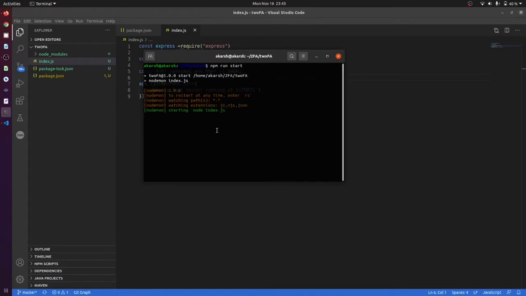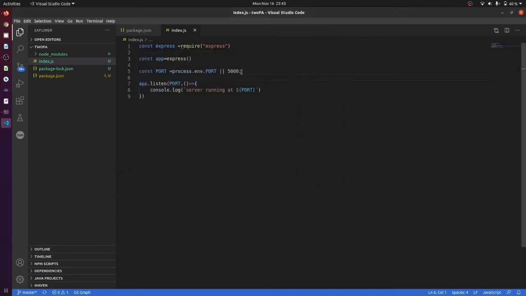Not one index.js. Okay, you can see that it is starting node and the server is running at 5000, because we don't have an environment variable. Now, if you want, you can create some APIs, but firstly let us create a